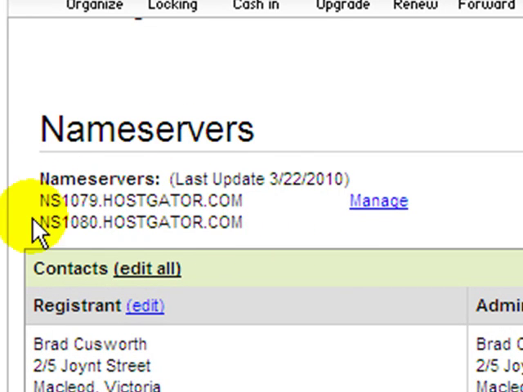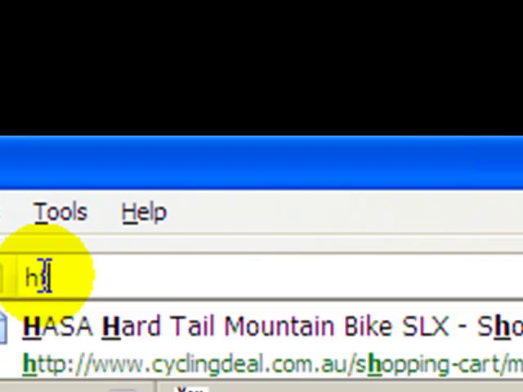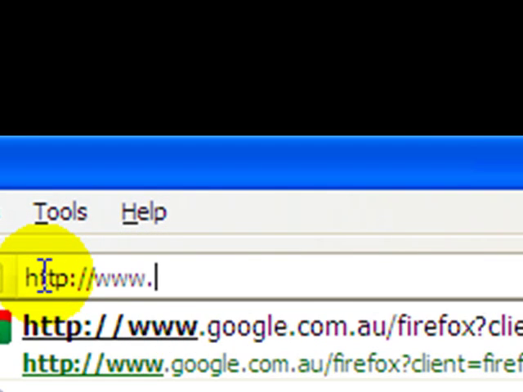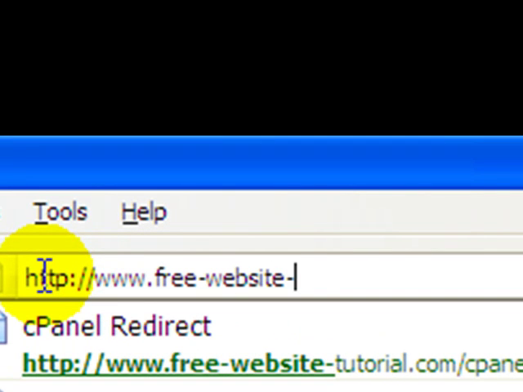So it's updated there. Now guys, it can take between 12 and 48 hours for your new domain to be transferred across to HostGator. So be patient, and I'll show you now what you can check to see if it has actually been transferred across successfully. So we're just going to open up a new window. And in the top browser, just type in your new domain name. So mine was free website